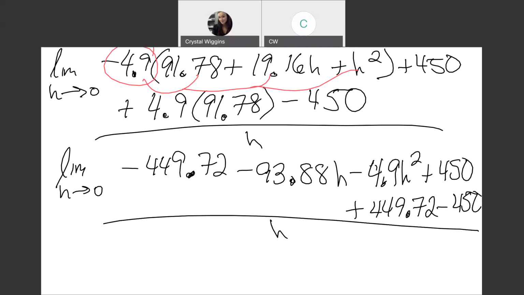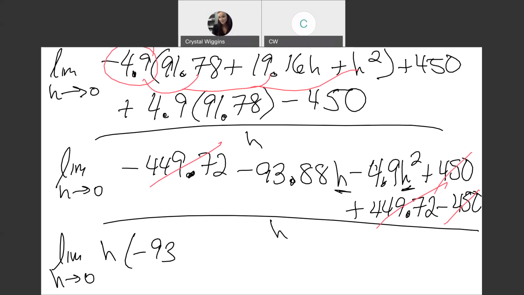No surprise at this step, everything but terms with h in it should cancel. So our negative and positive 450, our negative and positive 449.72, leaving us with just values with h in it, so we can factor out the h. So we have the limit as h approaches 0. Let's factor out the h, leaving us with negative 93.88 minus 4.9h